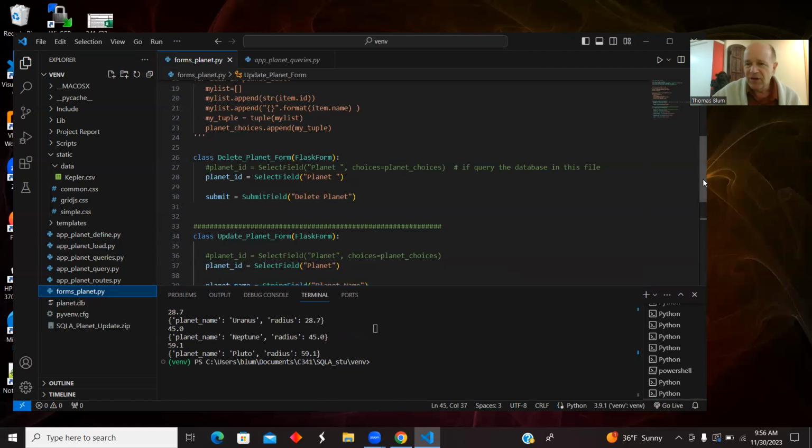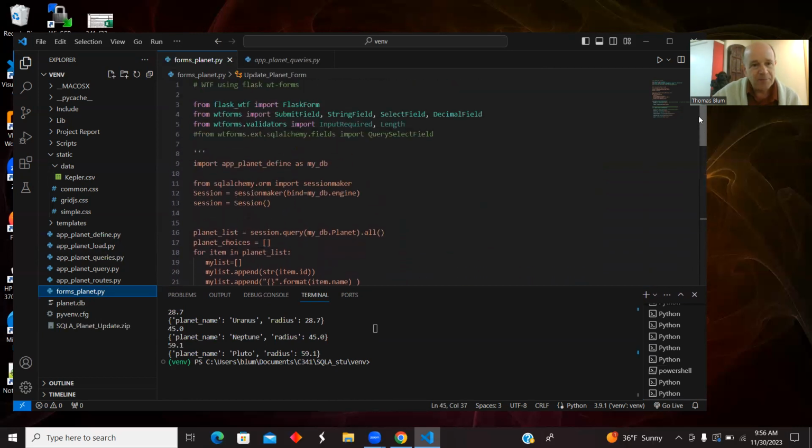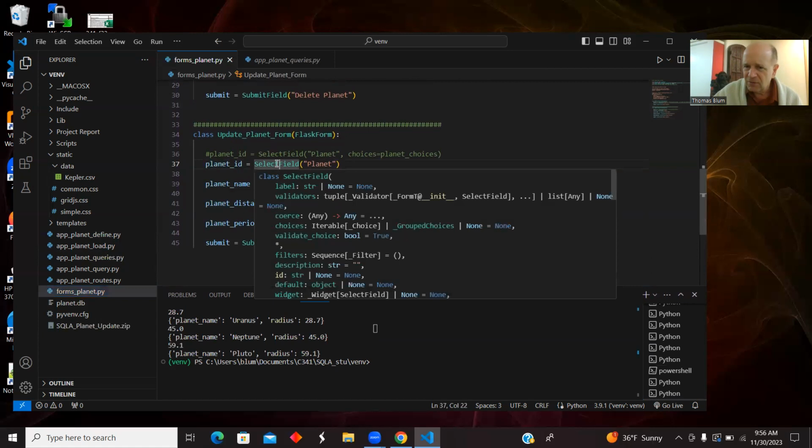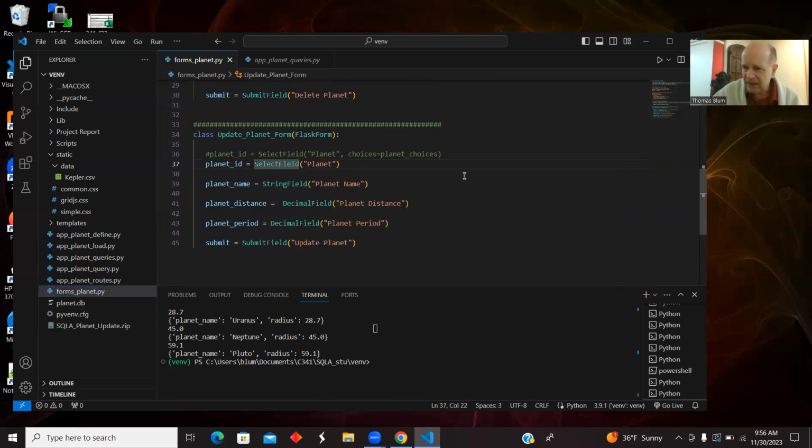And there we're going to define a very rudimentary form for updating a planet. This is just a big comment because previously I had been getting the data. There's going to be a select field, a drop-down list of the planets. So you're going to be able to pick a planet, and then there'll be a place to enter a new name, a new distance, a new period, and then we'll hit update. And again, very rudimentary. These boxes are going to be empty,